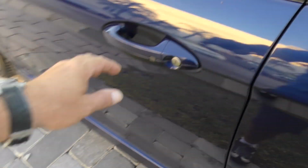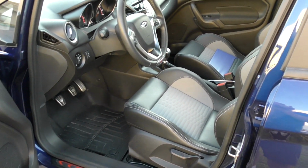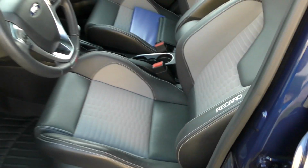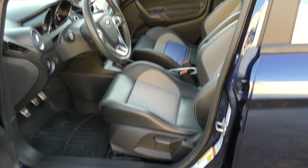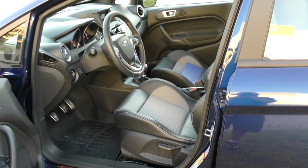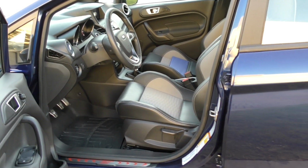It does have sort of a keyless entry and ignition, so I can lock it by pressing that guy, unlock it by, probably also by pressing that guy. And there it is. And here are those Recaros, which are absolutely awesome. They really do make this car. Now, the option of having these Recaros costs like 1/10 of the overall price of the car, but you're still going to want to do it, especially if you do any kind of spirited driving. These things are nicely bolstered, and they will keep you very well planted inside the car